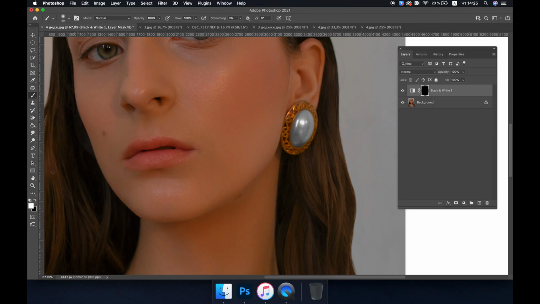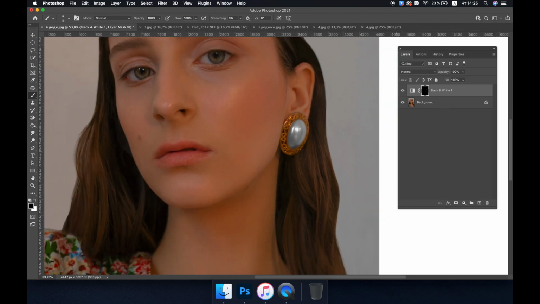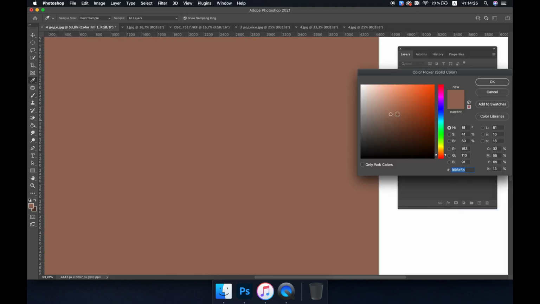And we see that now the pearls have turned gray. I adjust the edges with a black brush in the right places. And now that the pearls are discolored, I suggest painting them in the desired shade. We create a solid color layer and I choose a light warm shade because the photo has a warm light